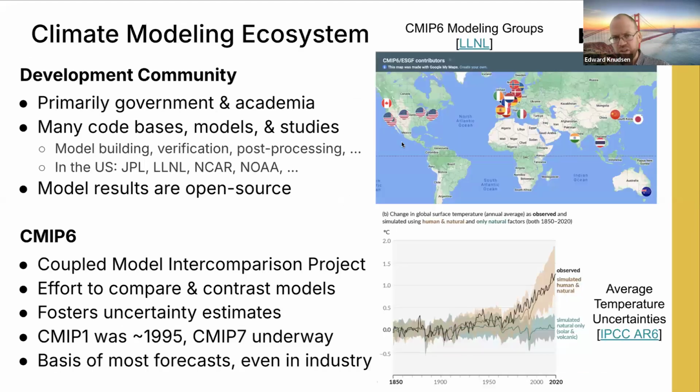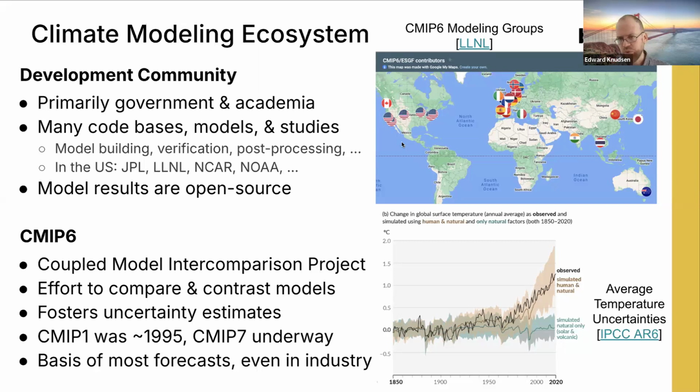Okay, I think it's interesting and helpful when thinking about these models to understand where they come from and who's working on them. So climate models are primarily developed in government and academia, and there are just a wide variety of code bases that are used to produce these simulations, and an even wider variety of physics submodel code bases and of post-processing tools that are run on the results.